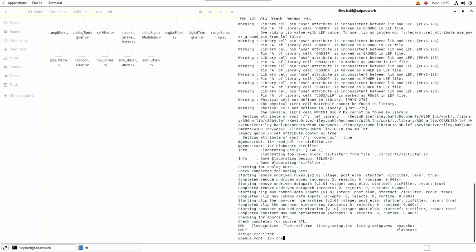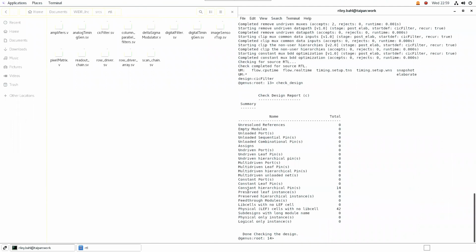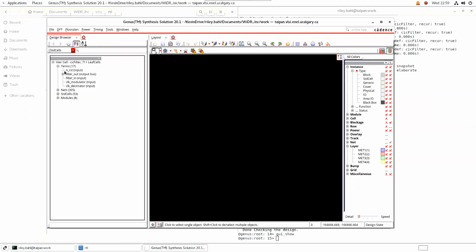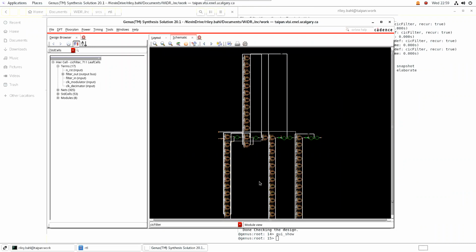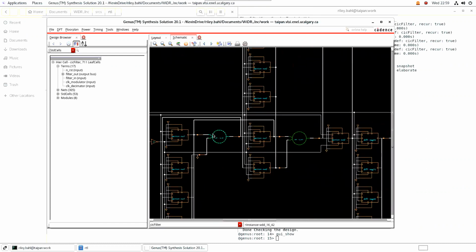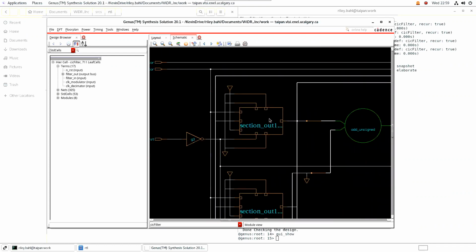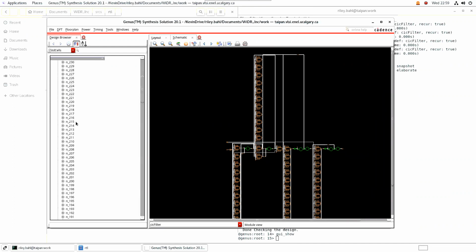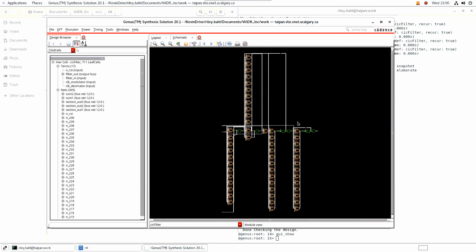Now, what we want to do is check the design. And it will tell us a little bit about the design, basically what has been determined from this design. Now, if we go to gui_show, at this point, you can get a better idea of what's happening here. You can go to schematic and it'll give you the elaborated schematic. Some unsigned addition, some gates, a lot of registers. Gives you all the nuts and bolts,